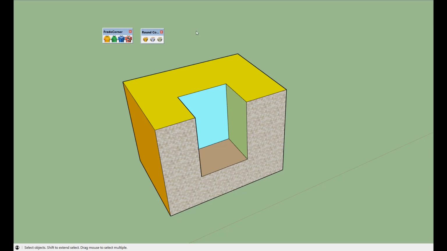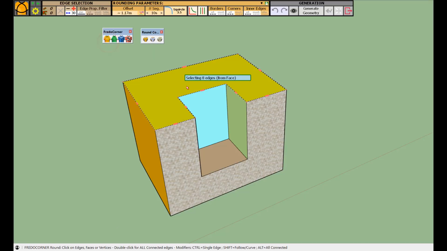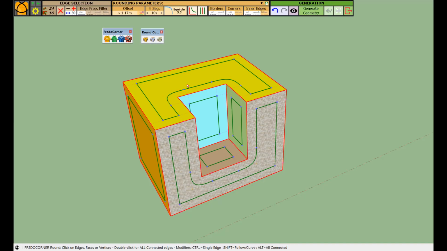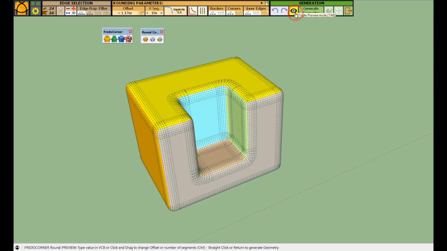Fredo Corner provides a preview mode, which Round Corner does not. So let's select the edges. Once you have done the selection, you can toggle the preview mode with this button or just typing tab. So here you are in a preview.